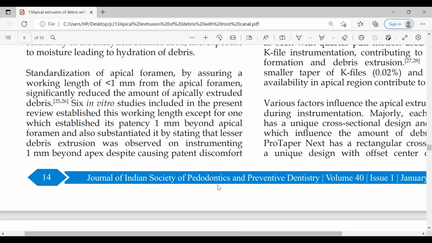Six in vitro studies included in the present review established this working length, except for one which established patency 1 mm beyond the apical foramen, and also sustained it by stating that lesser debris extrusion was observed on instrumenting 1 mm beyond the apex, despite causing patient discomfort.